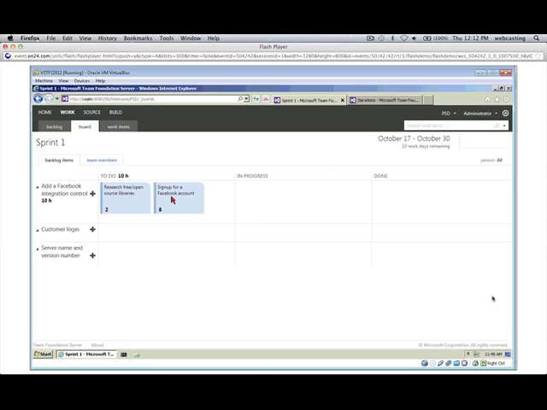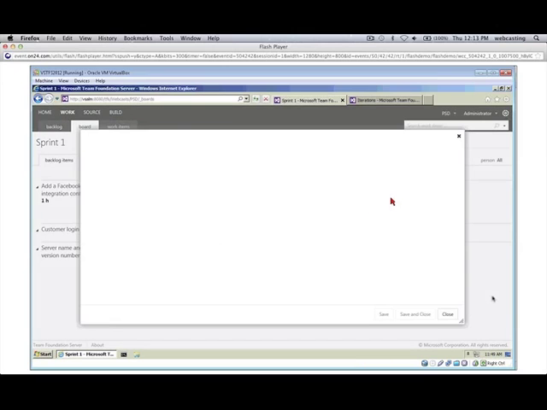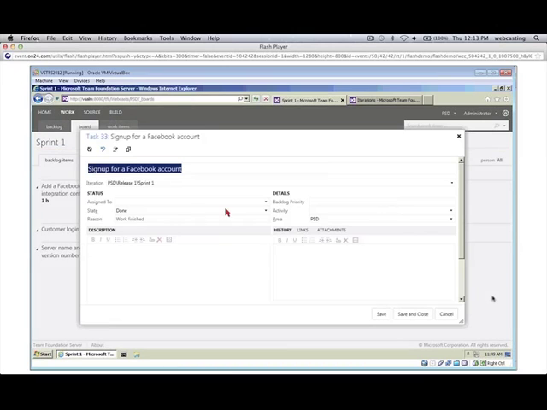So I can drag this task over here to in progress. Maybe I can just click this guy and say, okay, I've got 1 hour left on that, because honestly, it's an easy research. Facebook account, I'm just going to drag it all the way to done, and that'll take the 8 and knock it down to 0 for me. So you can click them, you can edit them, you can change the assigned to people easily. You can add notes.